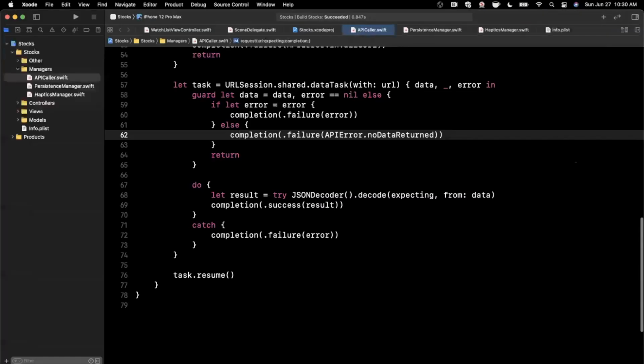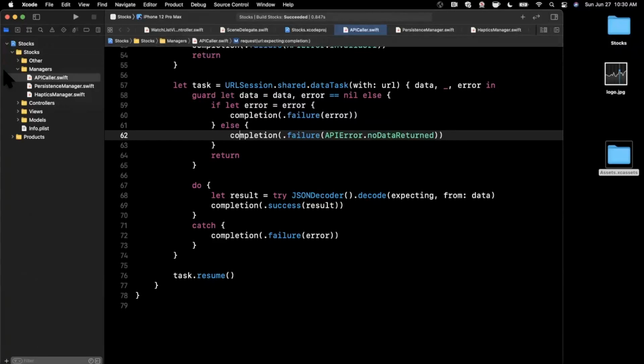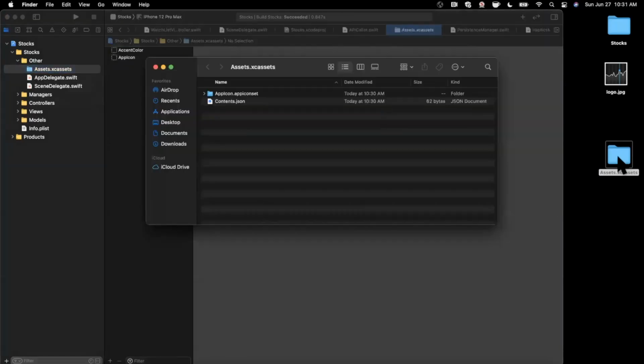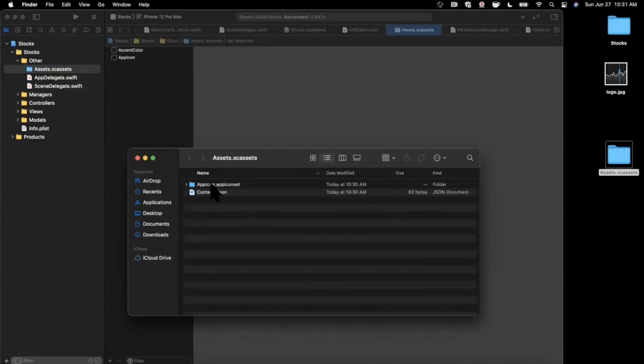So I'm going to go ahead and open this up. We're going to find our XC assets in here. So let's see, I believe we threw it under other. It has assets. Now notice this folder's name is the same as this one. So instead of dragging in the whole assets folder, what I like to do here is just drag in the